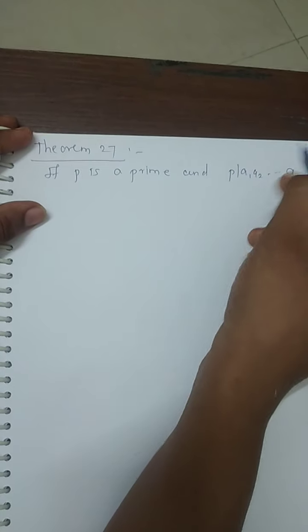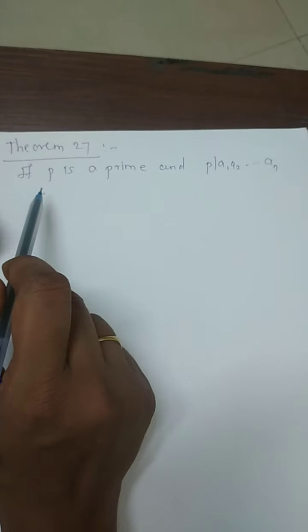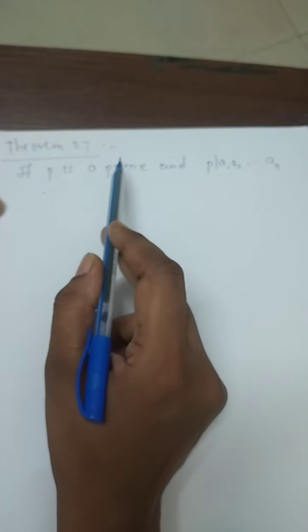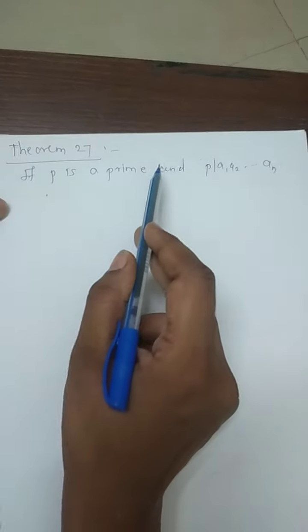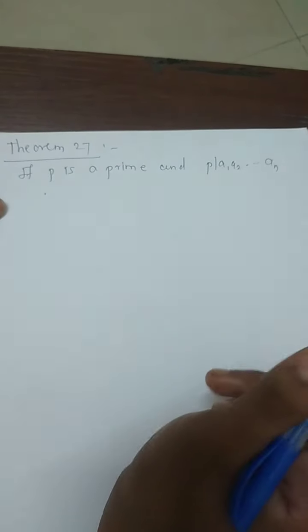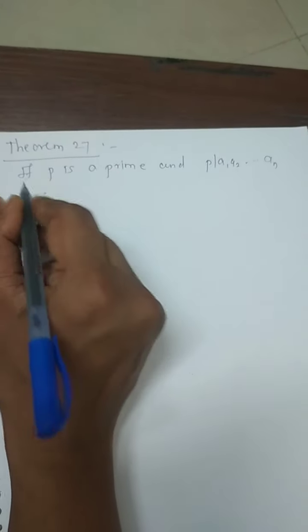This is the generalization of theorem number 26. We have already seen theorem number 26. And this is a generalization, meaning in theorem 26 there are only two factors, A and B. Now here there are more than two factors. If P divides A1, A2, An, then